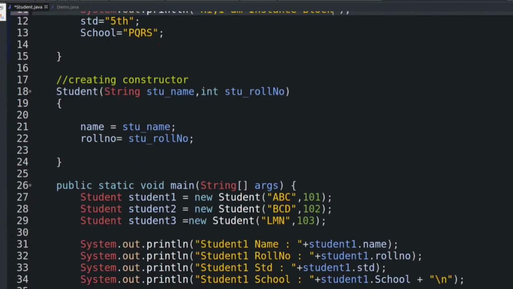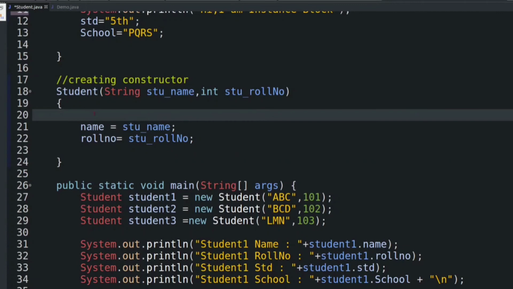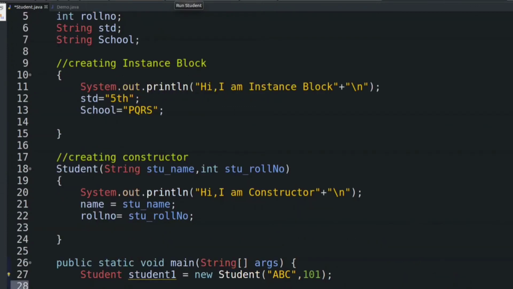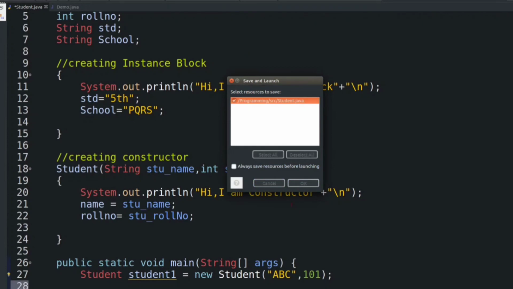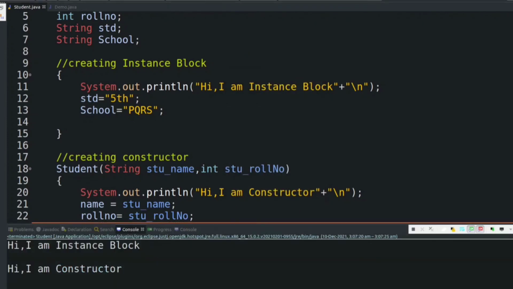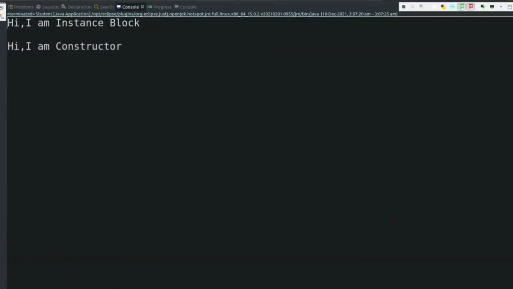Here inside the constructor just write, hi, I am constructor. Now let's run the code. Now see here, instance block executes first and then constructor.